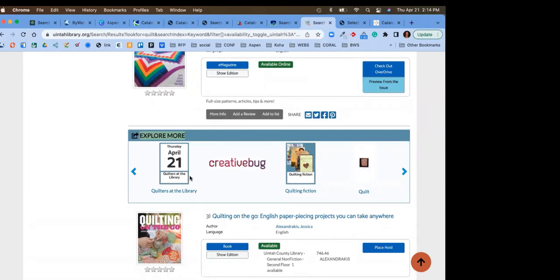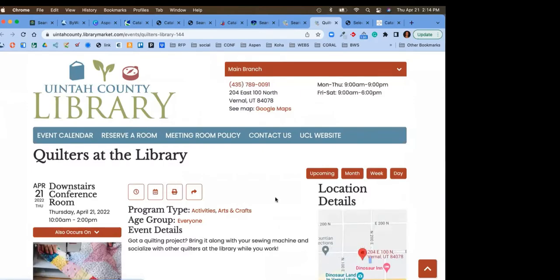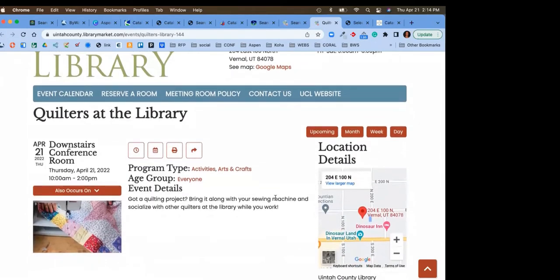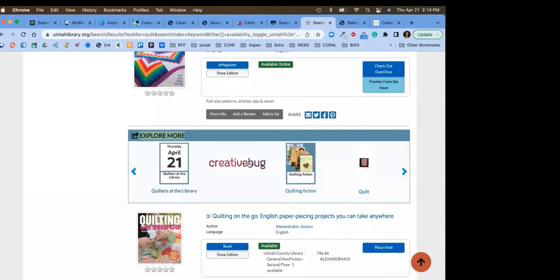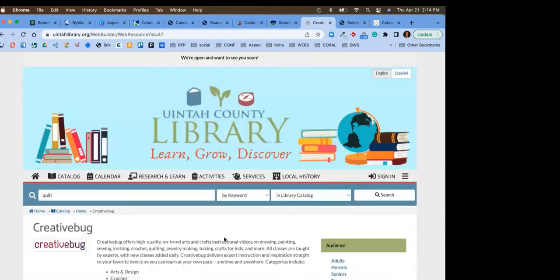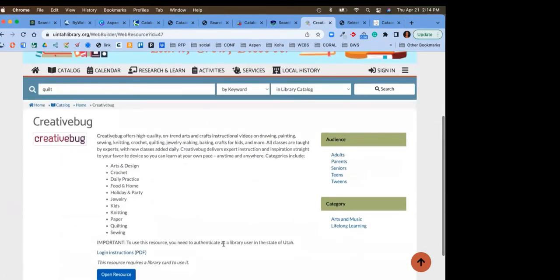We have first the option for a Quilters at the Library event. If I click on that, that takes me out where I can actually view that event online. So if I want to add it to my calendar or set a reminder, this is just a great way for me to do that. It also links me out to Creative Bug. So again, just another opportunity for me to see ways to do crafts and instructional videos that tie into my